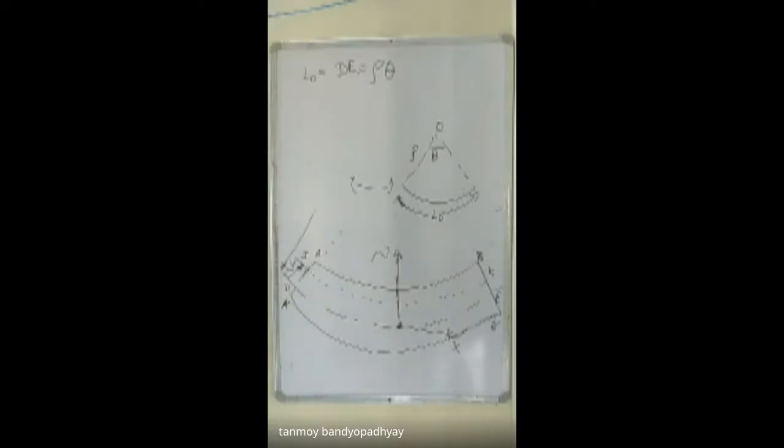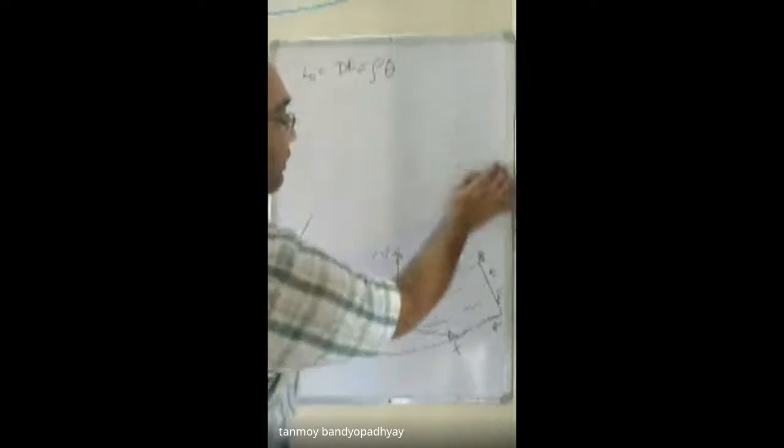Yes, sir. Now what we do is, we consider a layer JK, which is at a distance Y on the top side of the beam. We are taking it on the top side. We could have taken it on the bottom side also. Why on the top side? I will be coming to that once I discuss positive and negative bending moments.